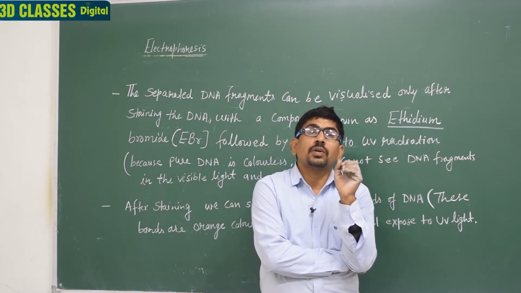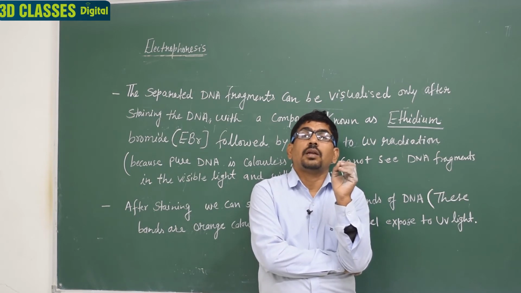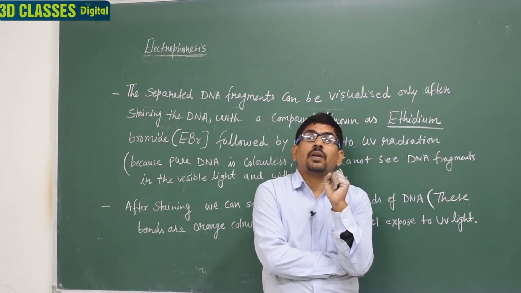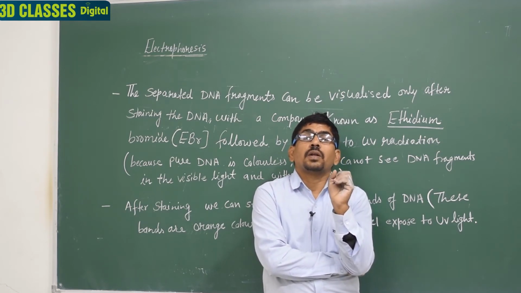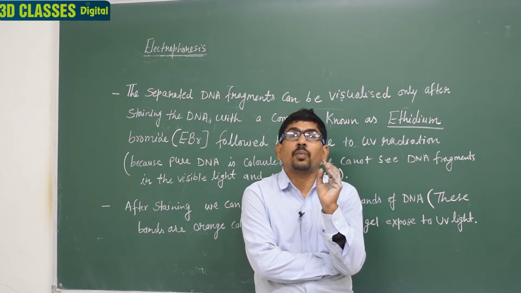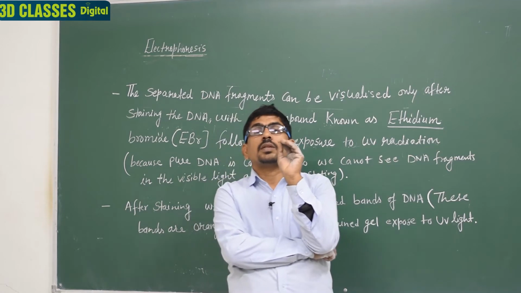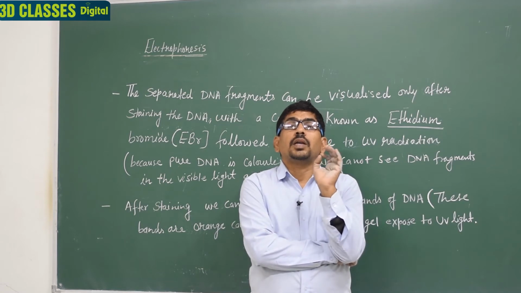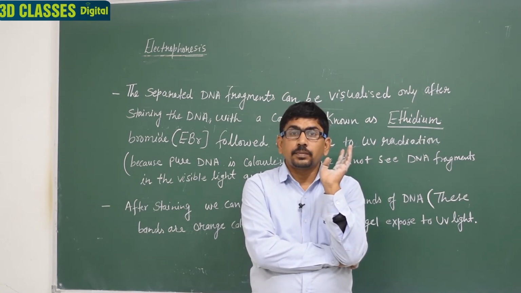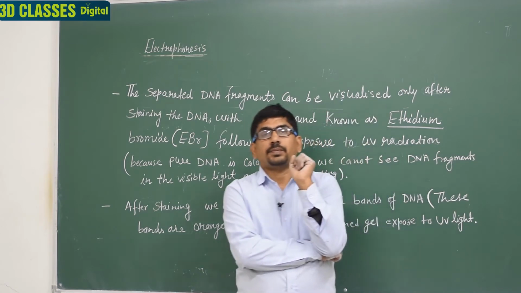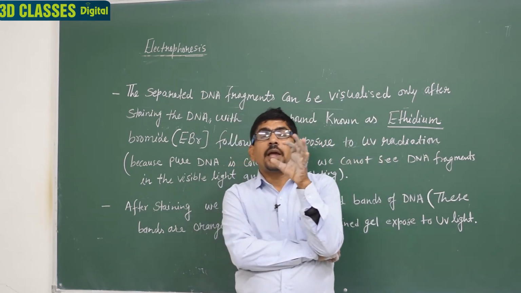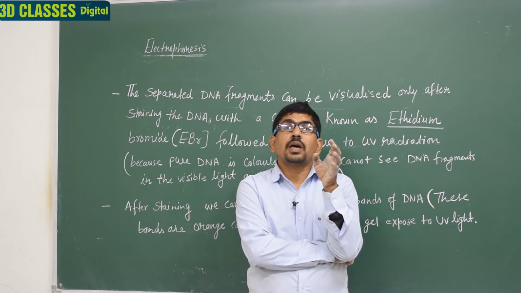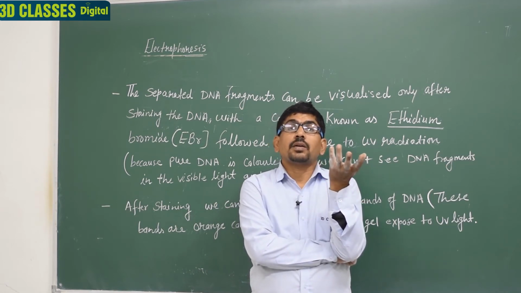Clear? So for the visibility of the DNA, we utilize a staining method, and we stain the DNA with a special dye known as EBR, ethidium bromide. This dye has two functions. First, this dye accumulates in the DNA in the gel, and second, this dye gives a bright orange color